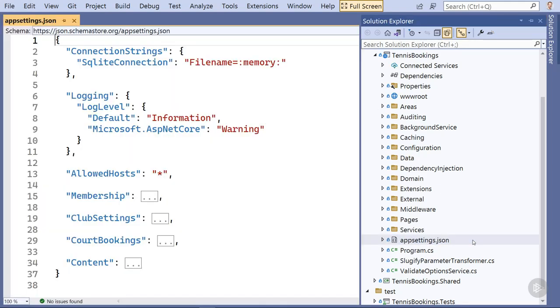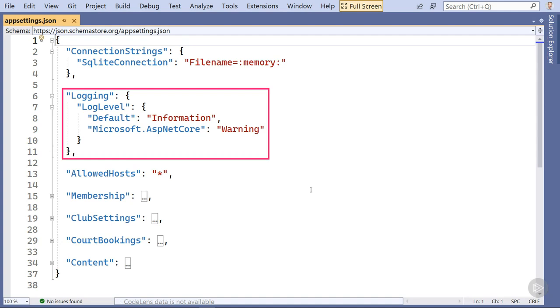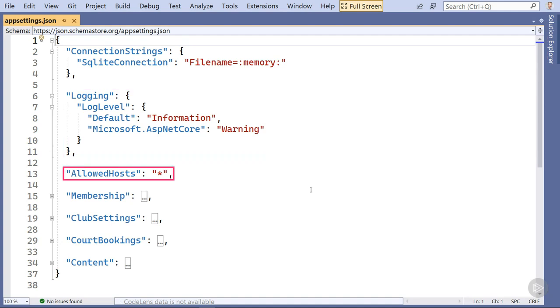The content of the default appsettings.json file is relatively sparse but does include some default configuration. In a new project, configuration to control logging and the allowed hosts will be present by default. These configuration entries control ASP.NET Core behavior. Other configuration entries, including those that we'll introduce during this course, are designed to control the behavior of our application-specific